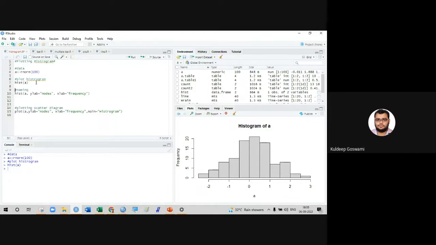Why A? Because I insert my 100 numbers into a name A. For naming, you can use ylab for nodes and xlab for frequencies, because from this hist(A) you will have this kind of data set. And if you want further naming or anything you want to adjust, maybe you want to write in ylab that it is